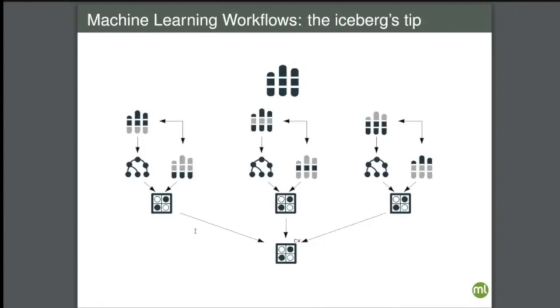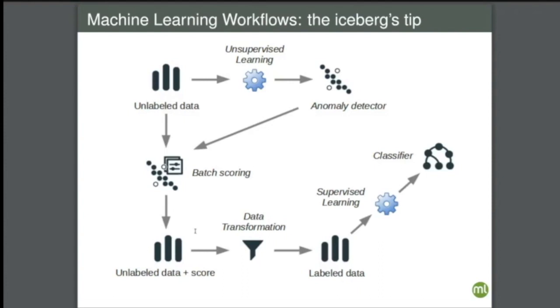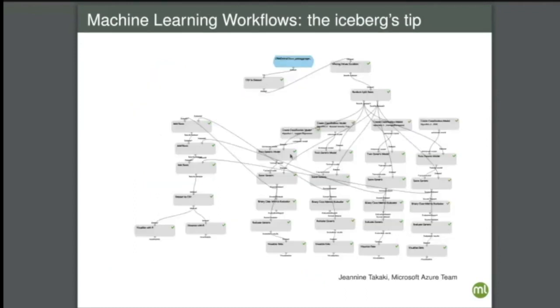But the thing is that this is all good, and it works for some predefined workflows that we know are useful. But of course, new workflows come up every day. Here, for instance, is another example. It's very typical that we are going to combine supervised and unsupervised learning. You have already seen examples, and you will do a score, and then you will combine that with some data transformations, and then finally the end result is going to be a classifier, and so on and so forth. And it's very difficult for us to foresee the exact form of such workflows in practice when we are coding a declarative tool such as BigML,